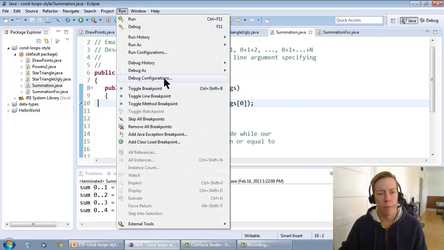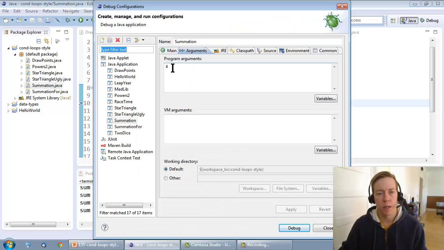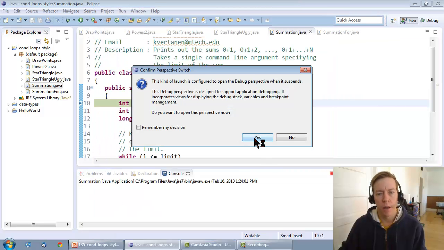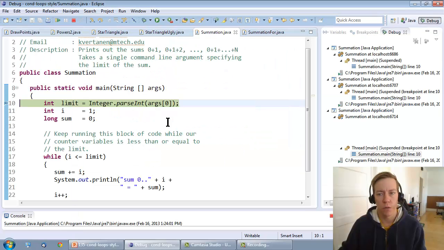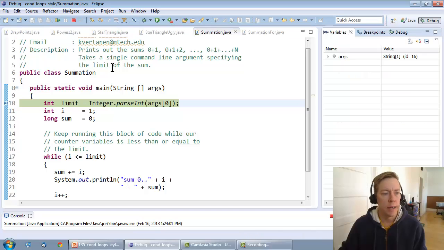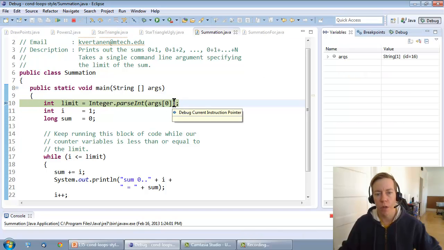Alright, and then I'm going to go into debug configurations. I'm going to set a command line argument of 4, and then I'm going to debug it. It has a different perspective, so for debugging, if I click yes, it will open up here. And what we see here is a highlighted line in the source code, and this highlighted line is the current point of